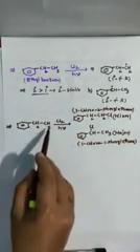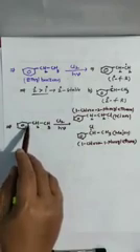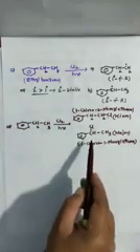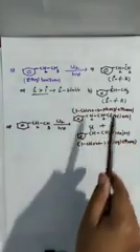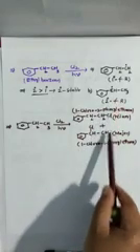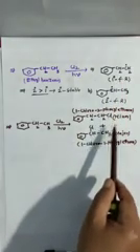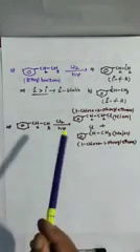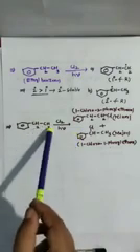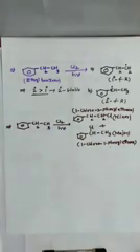So when an ethyl group is subjected to mono substitution of this benzene, you are getting two products. One is the major product, another the minor product. Where a 2 degree free radical is formed, that is major. Where a 1 degree free radical is formed, that is minor. So with only methyl substituted, one product you got. And if ethyl is substituted, then two products you are getting, major and minor.